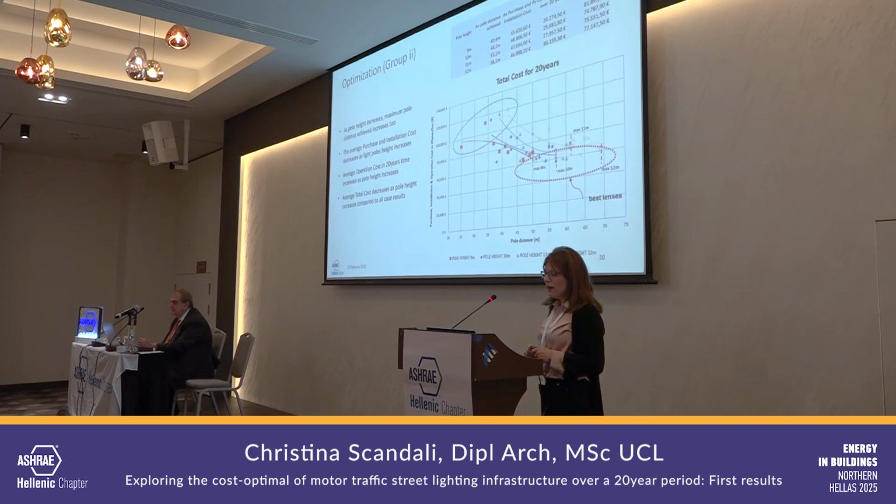Now some results regarding optimization group 2. The graph shows that as pole height increases, the maximum pole distance achieved also increases. The average purchase and installation cost decreases, as we can see here. The average purchase and installation cost decreases as pole height increases, while the operation cost over 20 years increases as pole height increases, and the average total cost for 20 years decreases,